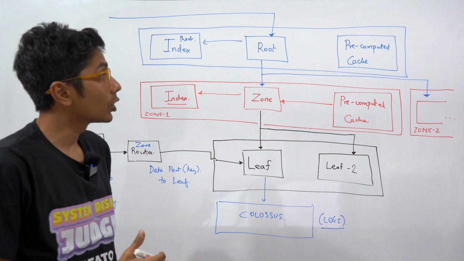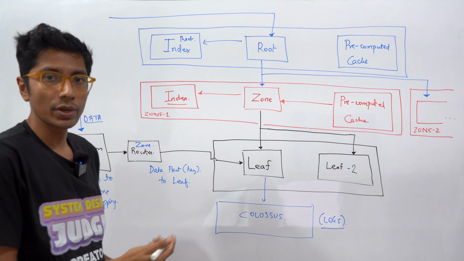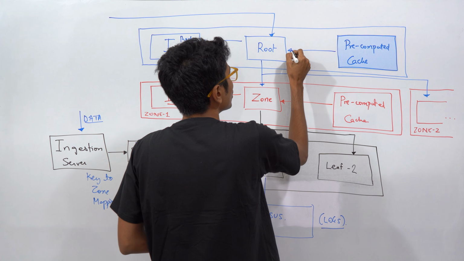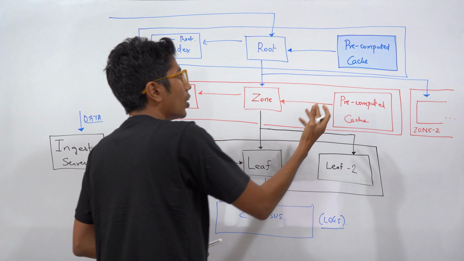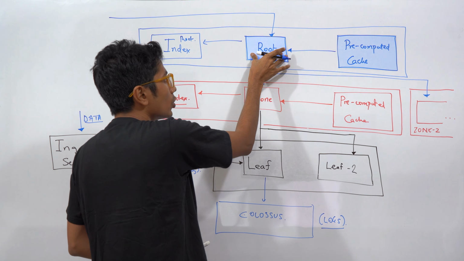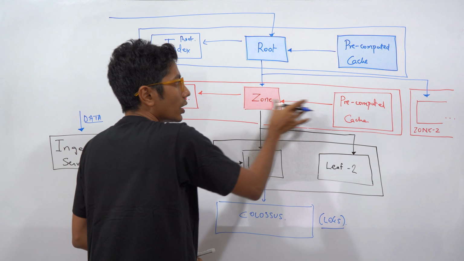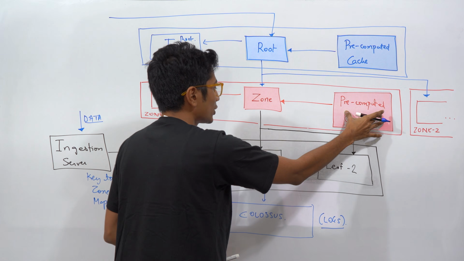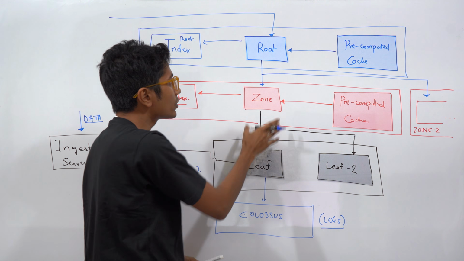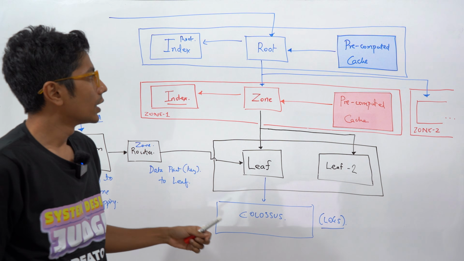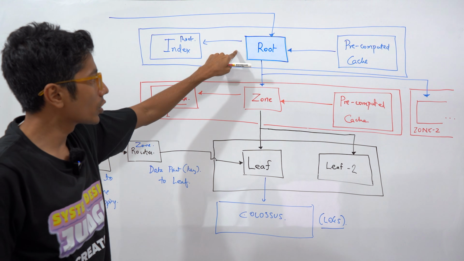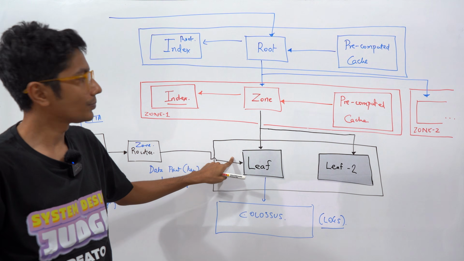In some cases, there are global queries which you want to keep pre-computed. So in that case, you will be using the pre-computed cache of the root. You can imagine them to fire a query every 10 seconds to the root node. The root node goes to the zone, gets some value from the pre-computed cache. Most of the data is right here, but in case it needs to, it will go and hit some leaves and give a response. The cache is helpful mainly for repeated queries. Any general query follows the root, zone, and leaf path.